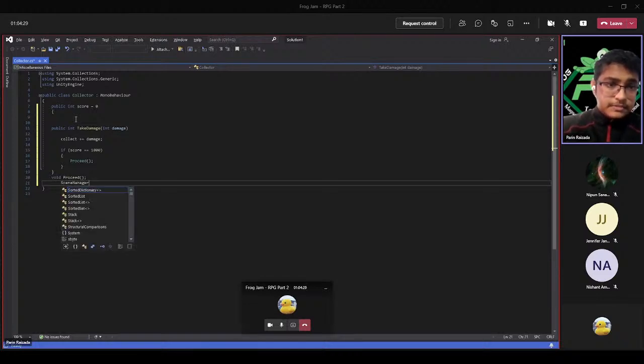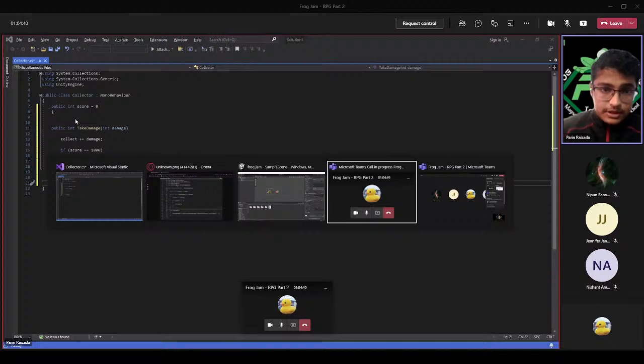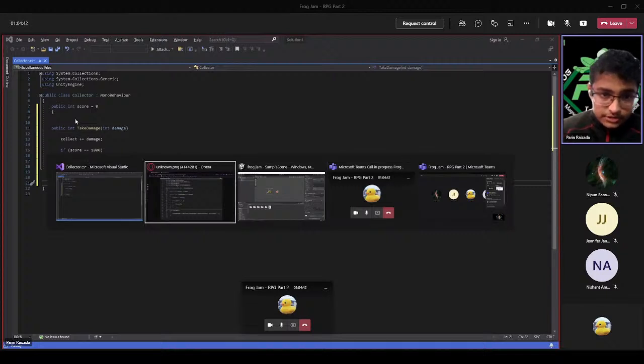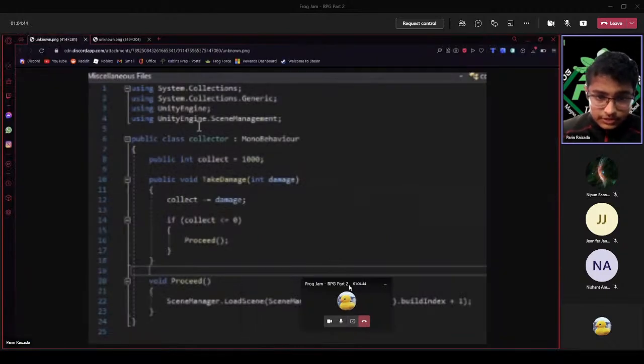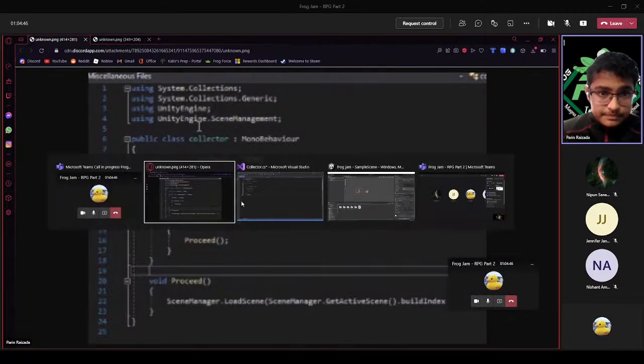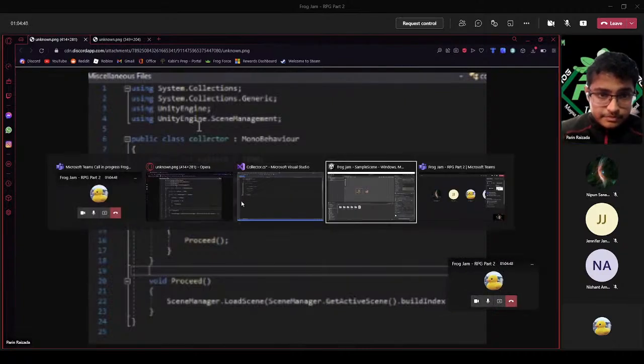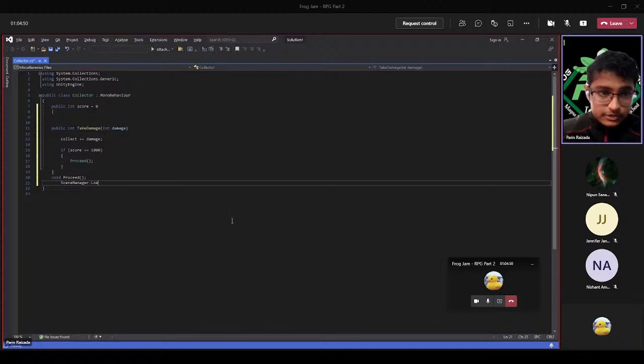So what this is gonna do is open the scene library, which has all the scenes in it. So and after that, we're gonna write dot load scene